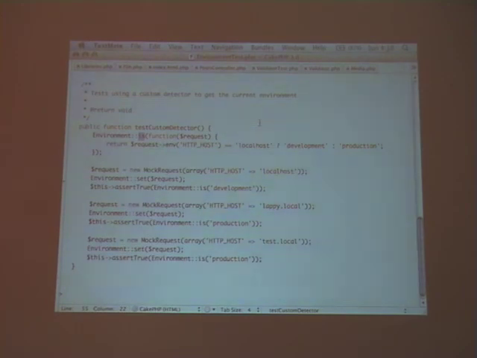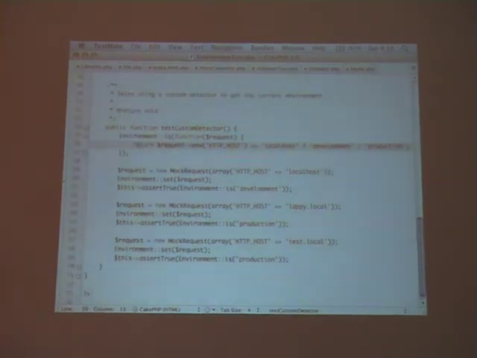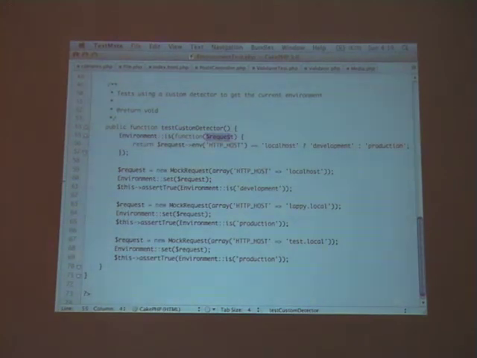But if you need some custom way to specify how your environment configuration happens, you can call that is method and pass it a closure that says if we're localhost, then we're in development, otherwise we're production, and that's it. So you actually get that request object instance, and you can query that for whatever you need to figure out what your environment is based on your application's configuration. So it's all completely customizable,